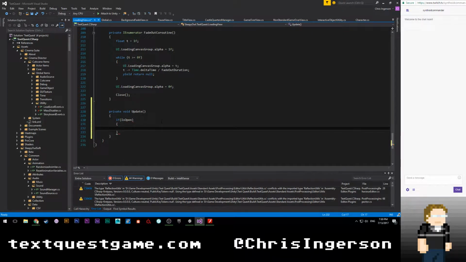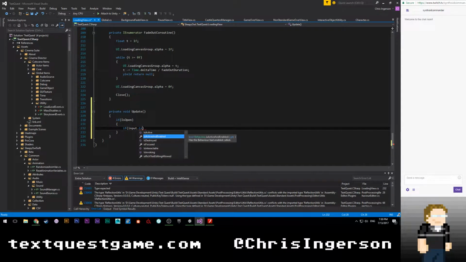So if the menu is open, and then if not, how to do this? input.selected, I believe. Or there's an is selected, I think. On text selection. Huh. Is it really?